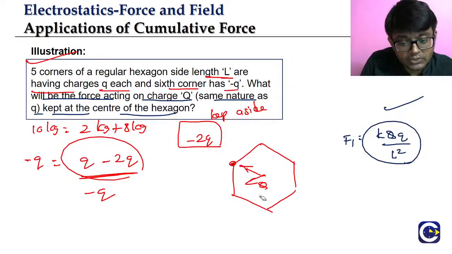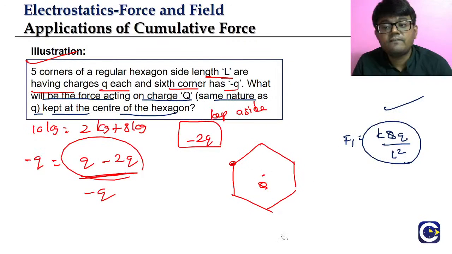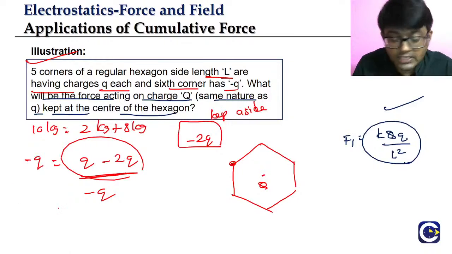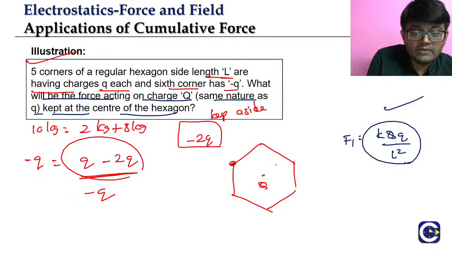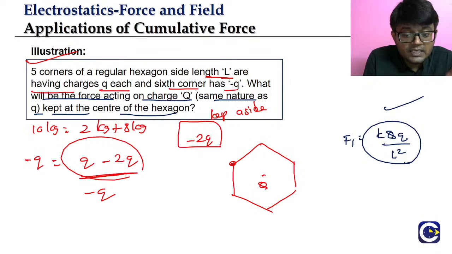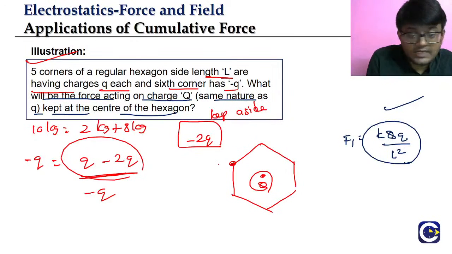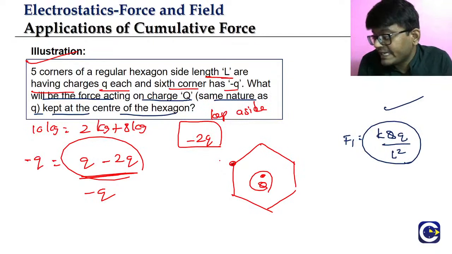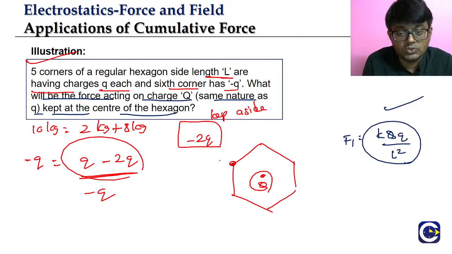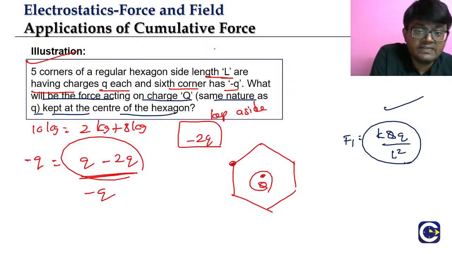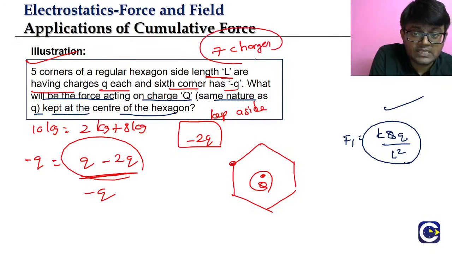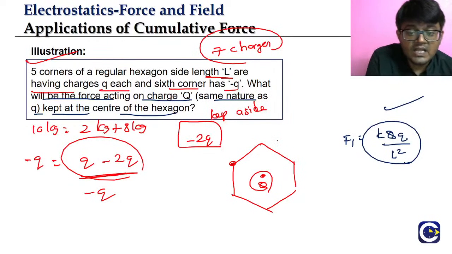Q will be 0. So we can just forget about them because they all add up to 0. Now in our problem, we do not have 6 charges surrounding the center charge. How many charges are there? 7 charges. The minus q in the corner we have split as q and minus 2q. So totally we have 7 charges in the surrounding of the center charge. Because of the 6 charges, the 6 forces we already found,